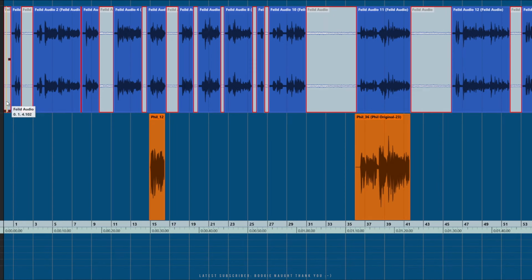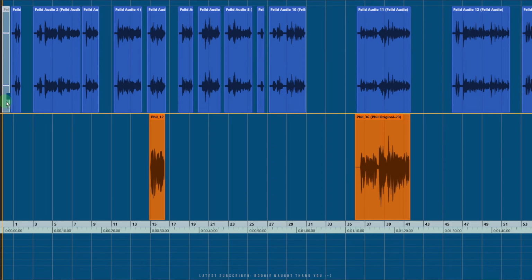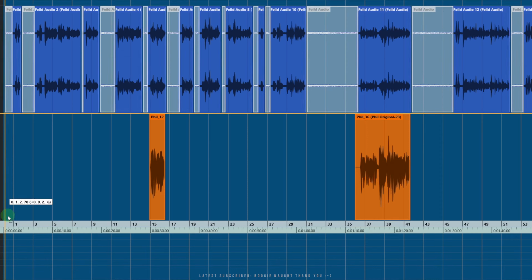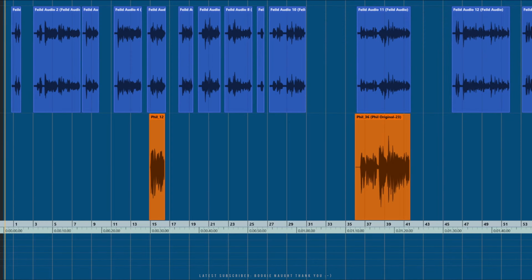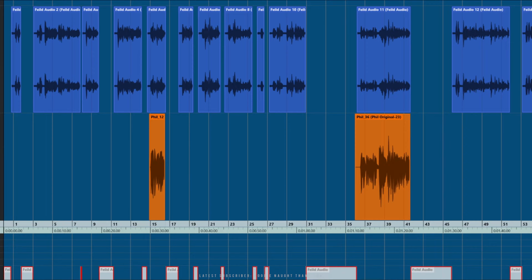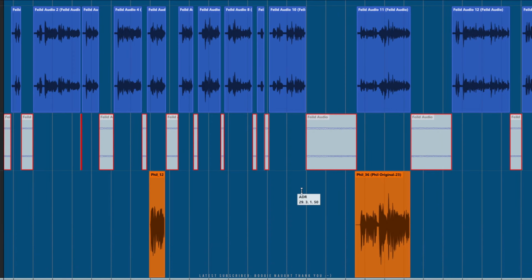So what I want to do now is actually just drag those to another track. I'm going to hold down the Control key so that they stay in the right position. We can name them atmosphere. Hope I've spelt that right. And let's just move them up underneath there.